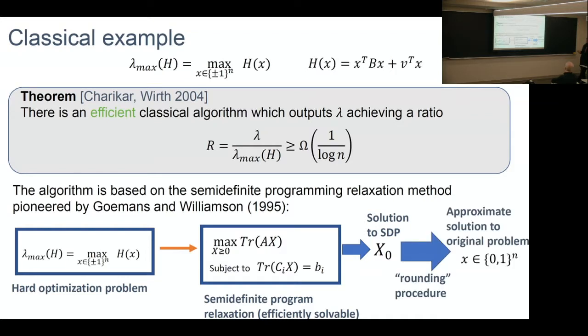If you know Goemans-Williamson, that gets a ratio of 0.8-something for the max cut problem, whereas here you get 1 over log n. That's related to the fact that in this setting we're working with the traceless case, whereas in that setting the terms are positive semidefinite. So the reason why here you get 1 over log n and there you get a constant is related to these two settings, one with positive semidefinite terms and one with traceless terms. The ratios you get in one case are constant, and in this case they depend on n. So this is the template for what we want to do.